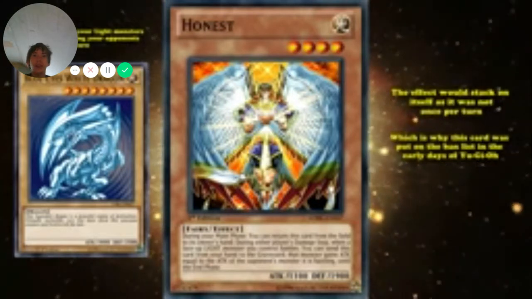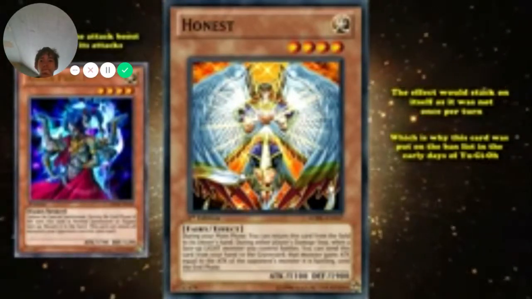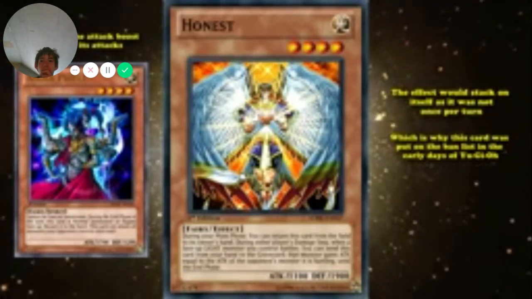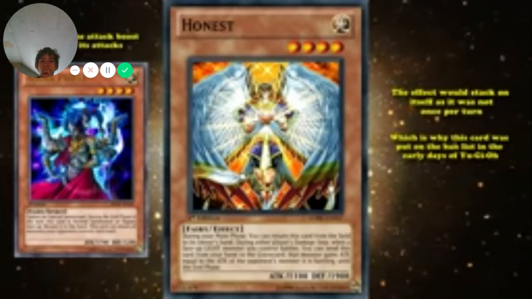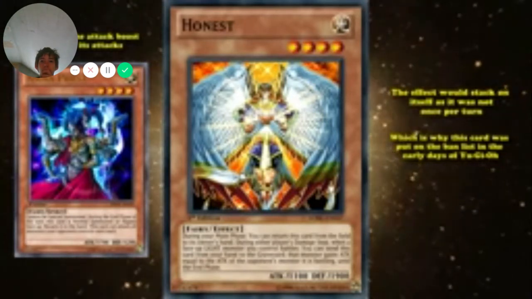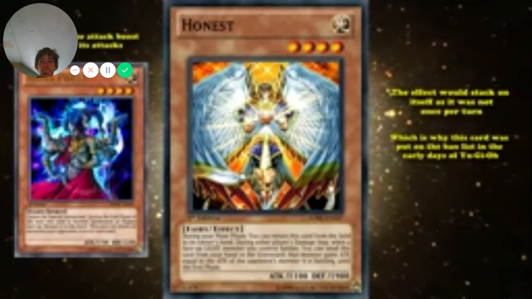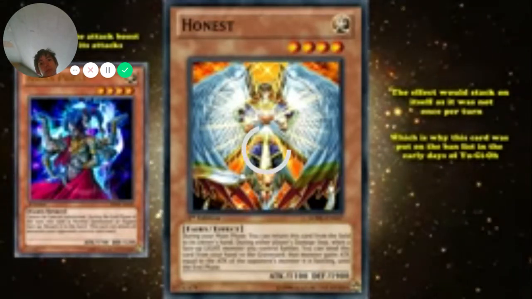lasted until the end of the turn, if you used it on a card like Sewer Priest, you could keep that incredible attack boost for all of its attacks, as that card could attack all of your opponent's monsters once each. So just attacking your opponent's strongest monster first, and then using Honest would allow it to keep that high attack boost for all the other attacks, and possibly win you the game. Honest